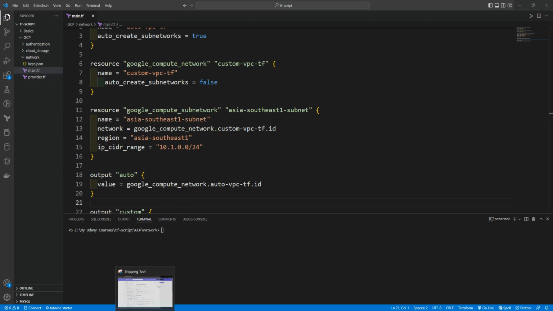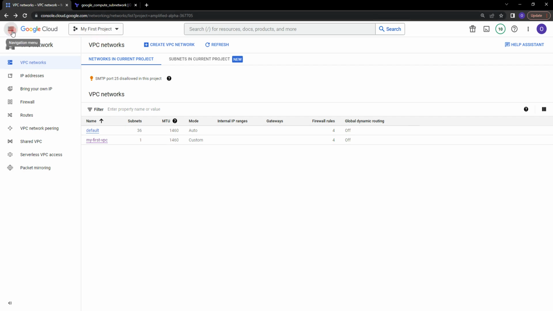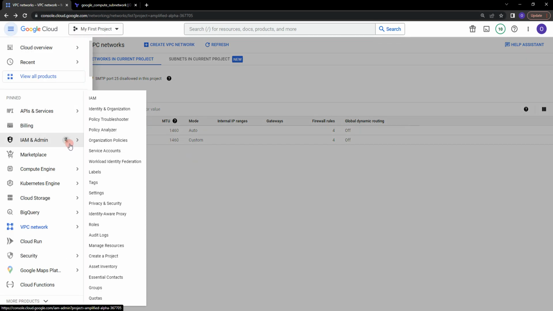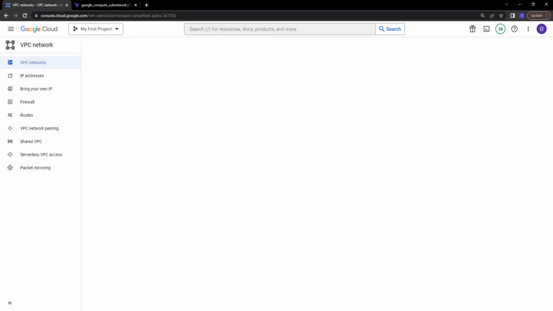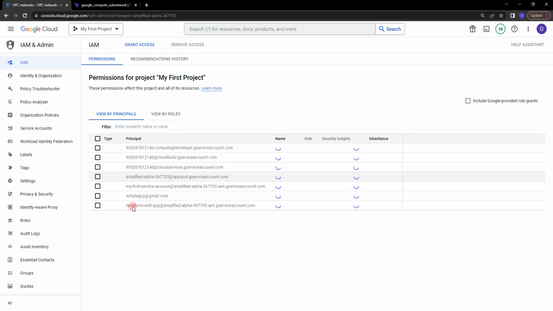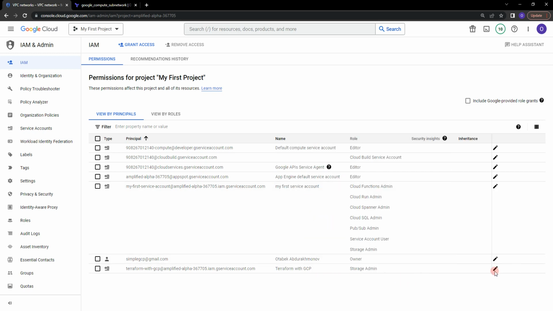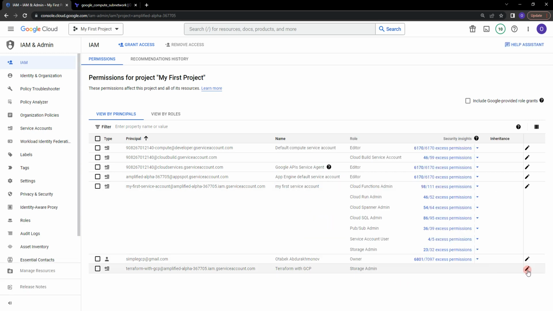Let's go to Google Cloud Platform, and when you go to IAM and admin, we'll go to IAM, and here you will see the service account that we have created. And here you go. You can see Terraform with GCP, and we provided storage admin role already in our previous labs. So let's click edit principal,